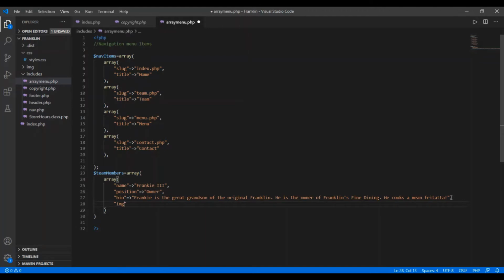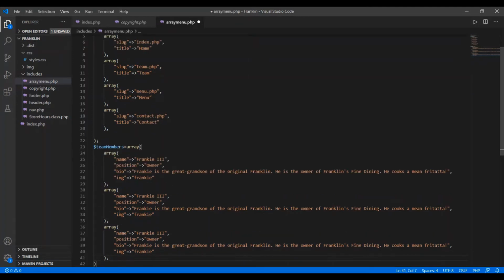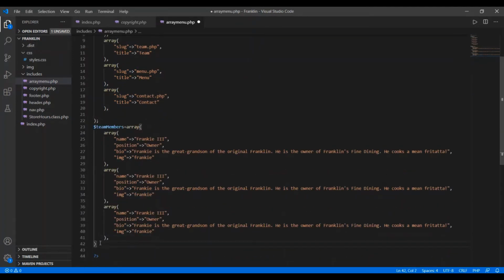If you have your contents ready before writing the code, it will help in saving your time while coding. And in the last I just wanted to insert the image, so for that I'm taking a variable as image here, and to that I'm associating the value, say the name of the person, Frankie. Then in the last I have to put the comma here. I want to add 3 persons, so I'll copy this content 2 more times here,